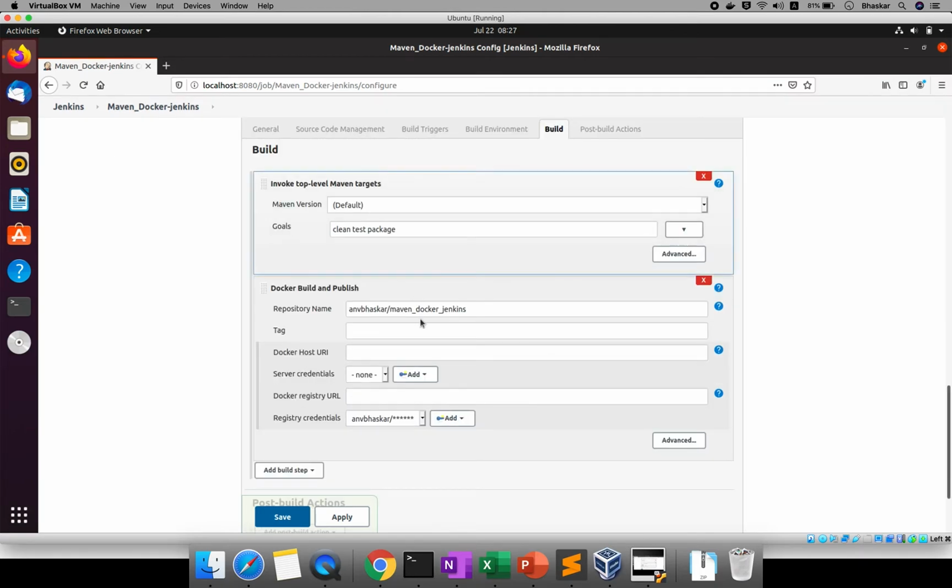But in real time they won't use it this way, they will create a pipeline. Very important, in the pipeline you should configure this Docker. How to configure this Docker, in the next section I will explain, don't worry about that. Here in Jenkins we have predefined environment variables. We have build number, job URL, build status. While sending an email we saw the default subject line, a few variables. Those types of variables, one variable is available, we have the build number here.